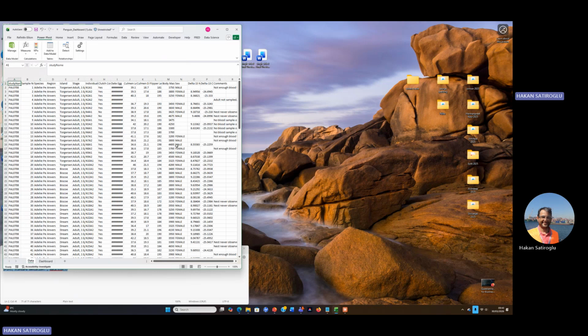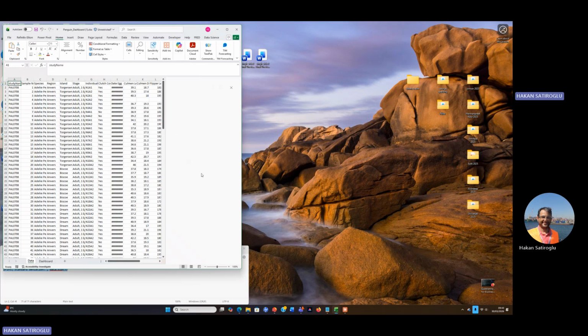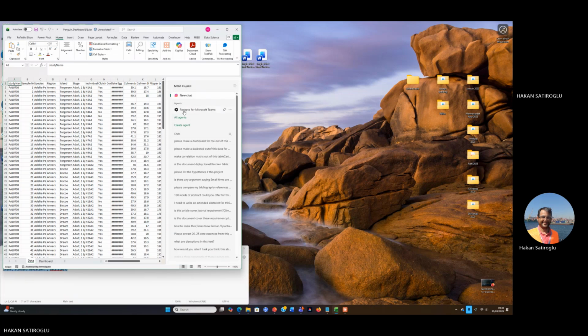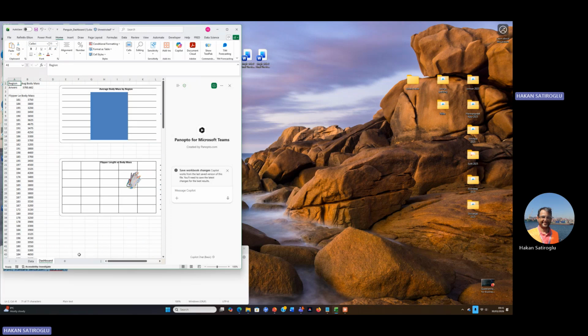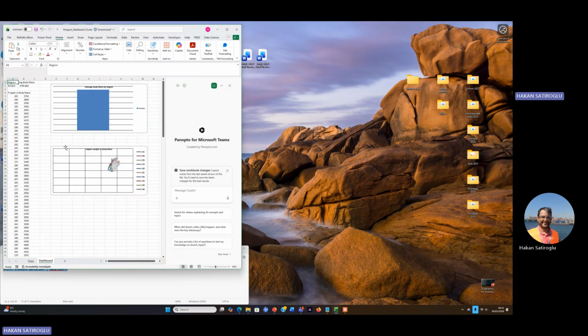The data was here, the Penguin data. I asked Copilot to make the dashboard for me. Maybe I'm using a totally wrong one, but this is the dashboard Copilot made for me,